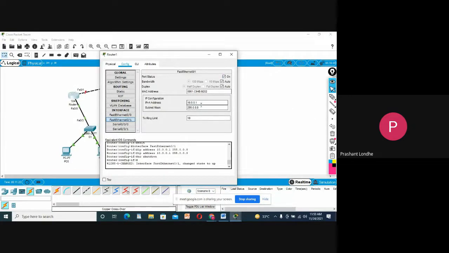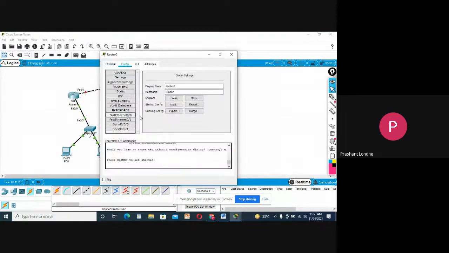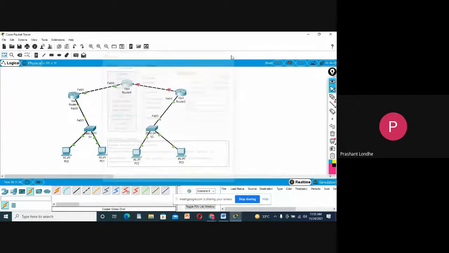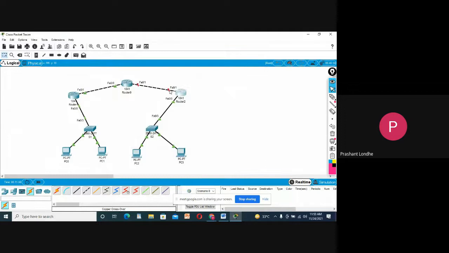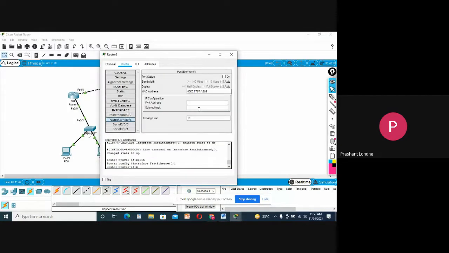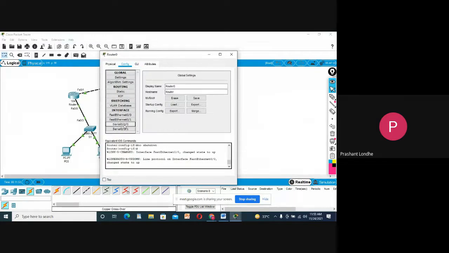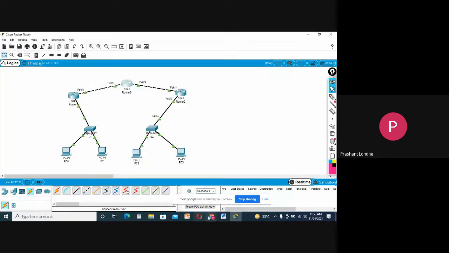I will use the IP address 10.0.0.1 at one port and 10.0.0.2 at the second port. Similarly, it is FastEthernet 0/1, so I will use 20.0.0.1 at one port and 20.0.0.2 at the second port. So here I'm done with my connection.